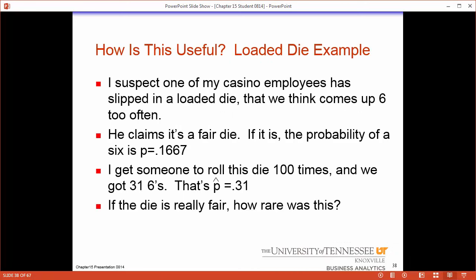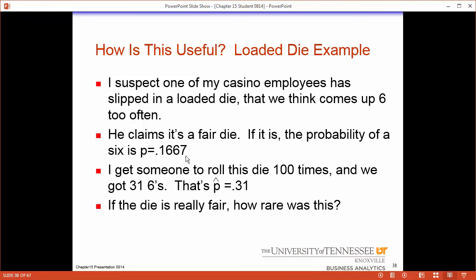There's some great examples here. I love this example because you can think about what you could actually do at a casino here. A dice roll, we know the PMF of. The probability mass function of a dice roll, the discrete random events to start, are 1, 2, 3, 4, 5, 6. Each one of those has an associated probability of 1/6. So when I roll a dice, I would expect to get a six 16.67% of the time. That's 1/6 right there.